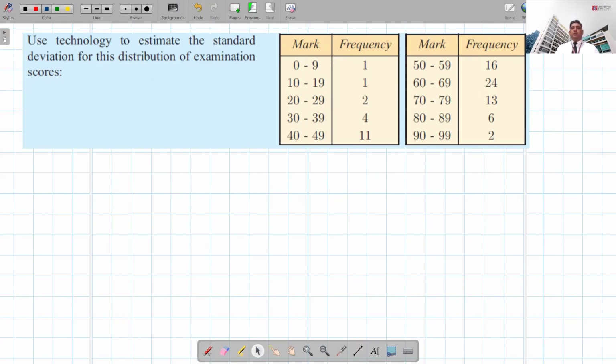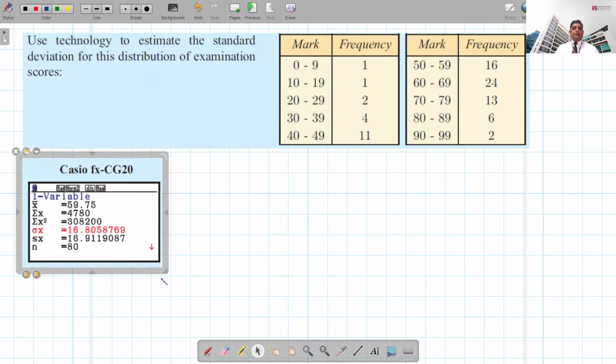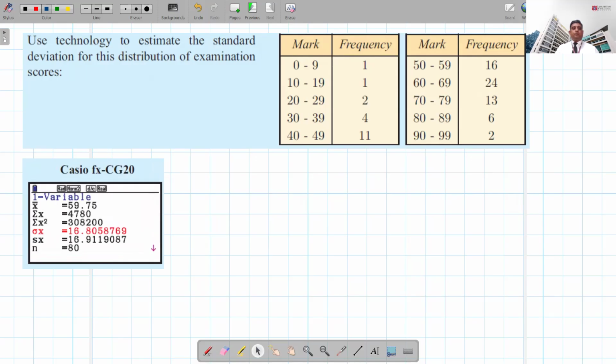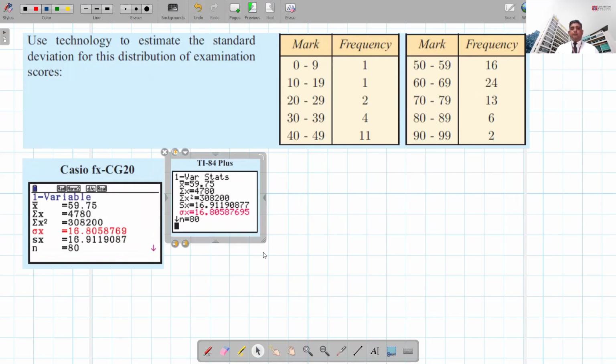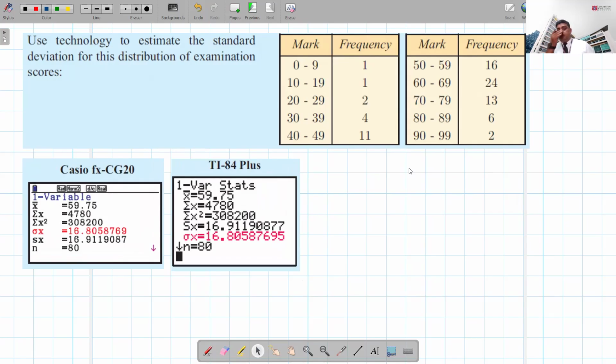So if you use Casio FX-CG20, this is the answer you will get. Or if you use TI-84, this is the answer you get. Now, what you need to remember is, even though